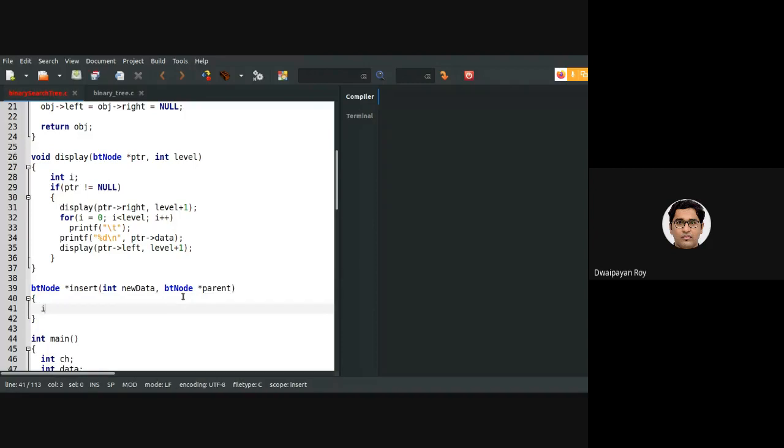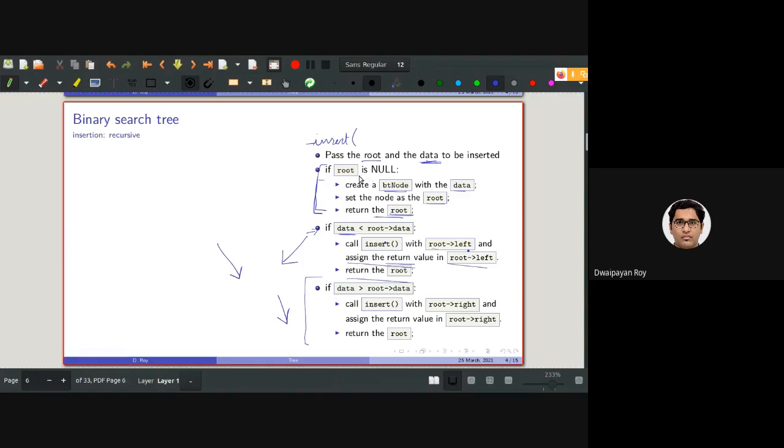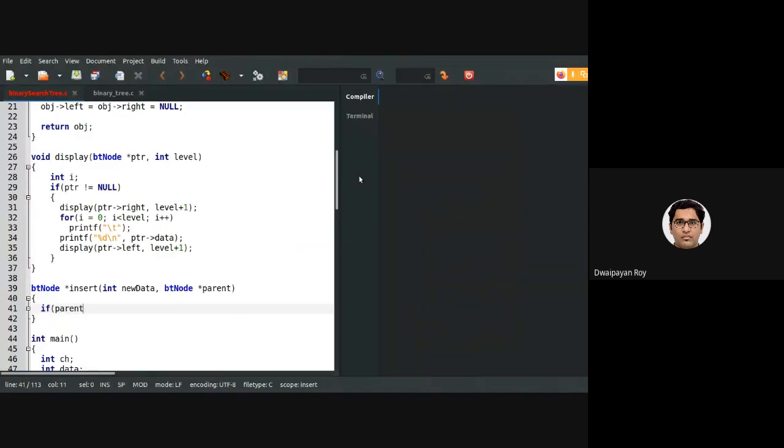First, we need to check if root is null or not. The root I am specifying here as parent. So if parent equals null, that means there is no node, and I need to create one node.